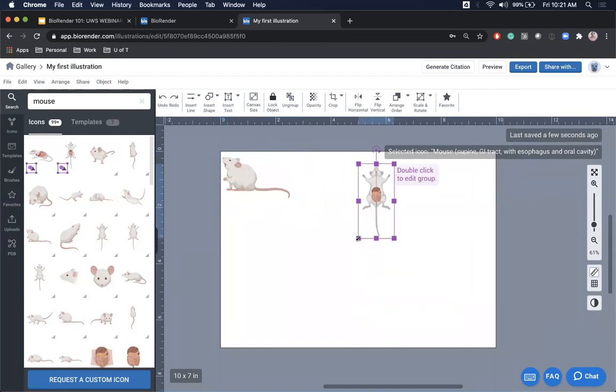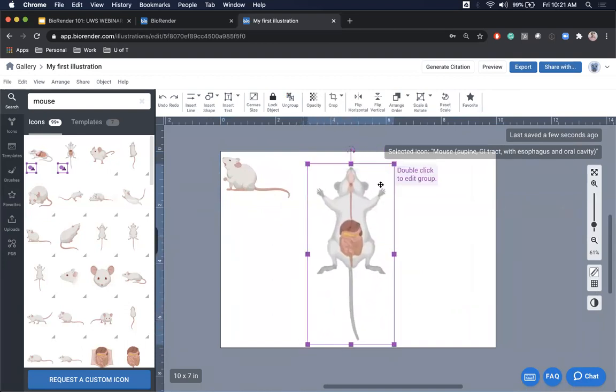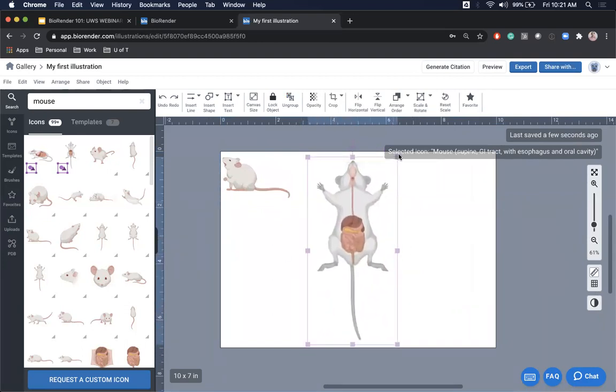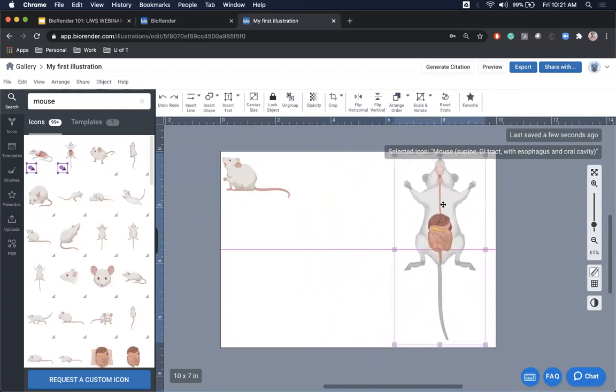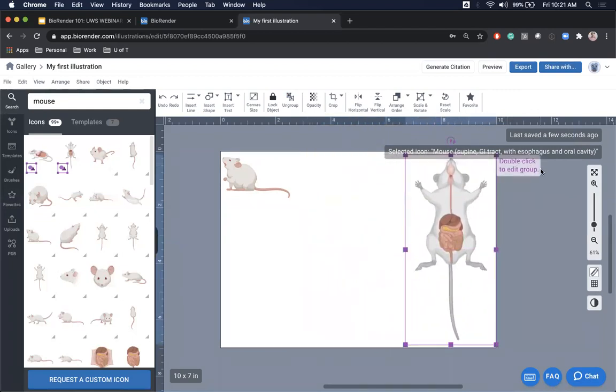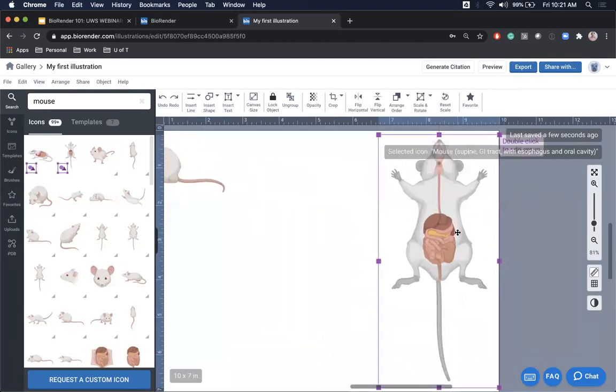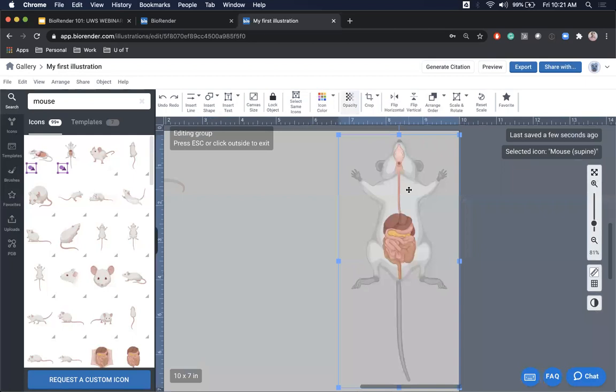Now, these purple bounding boxes also keep that crisp resolution, but hopefully you'll notice as soon as you blow them up, you'll also see this double click to edit group. So let's just zoom in. If you double click to edit this group, you'll see that the rest of the screen grays out and you can now select actual individual components of this icon. And so that's what the purple bounding box means. It means it's what we call a grouped icon, and each component within this icon